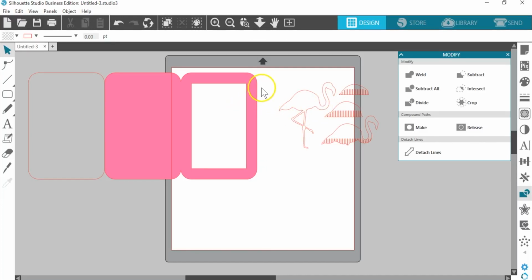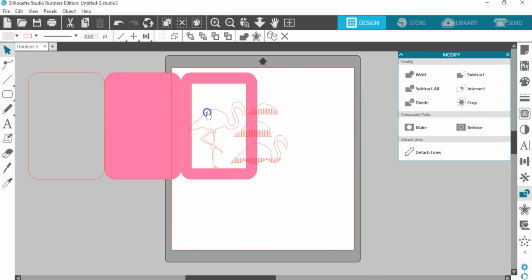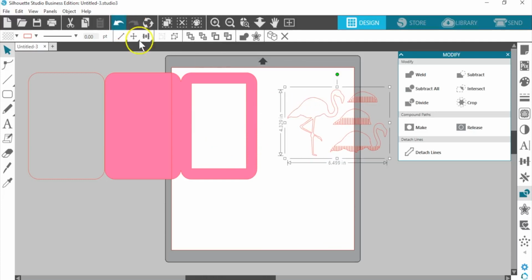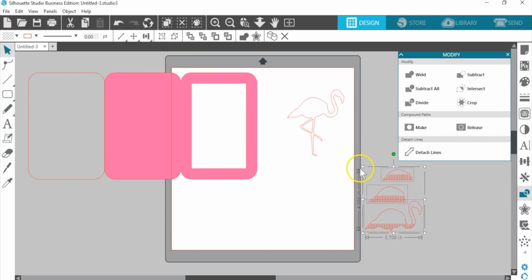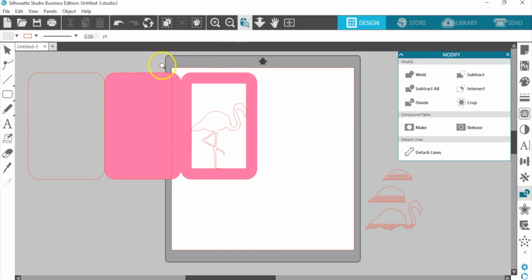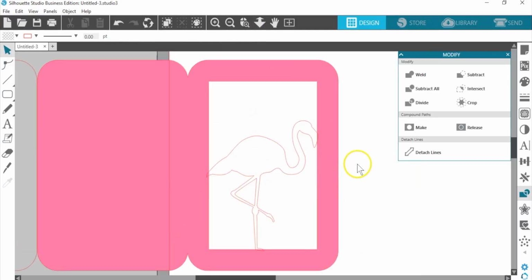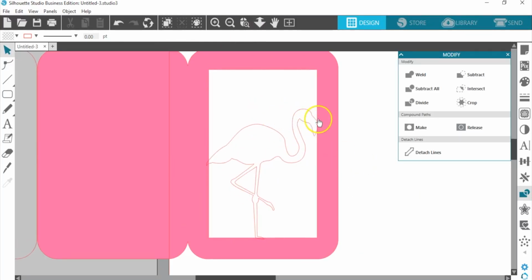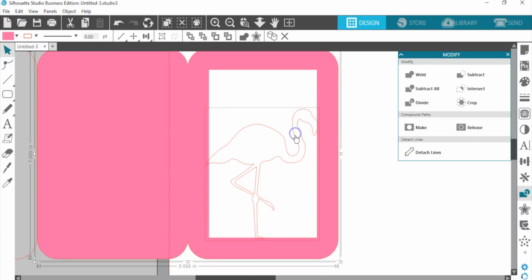If you are choosing your own design, you want to make sure that you've got pieces that will overlap the frame that you've created. So I'm going to ungroup this and move these other pieces off to the side. I don't need them yet. And I'm going to position this base of the flamingo over here on the card so it overlaps. I'll zoom in again. And I've got an overlapping area with the beak and the tail and the foot. That's what I want. So I'm going to select the flamingo and the frame together and click Weld.